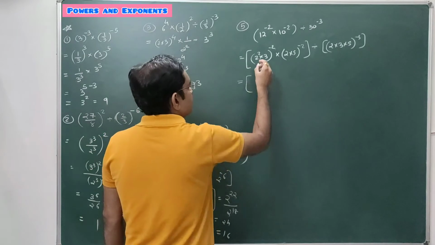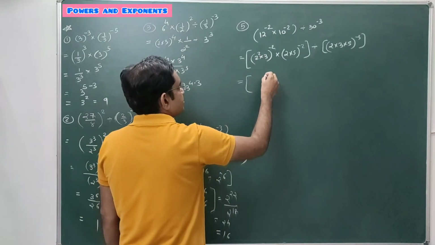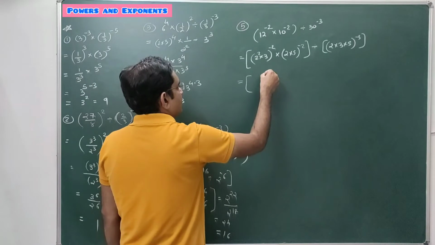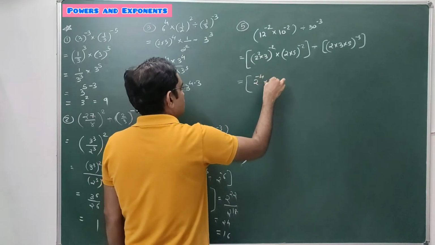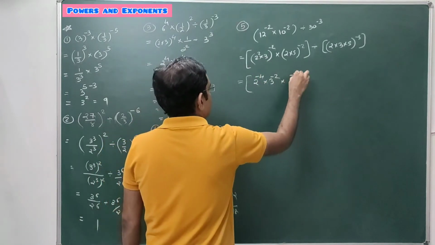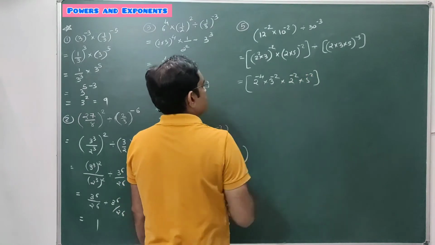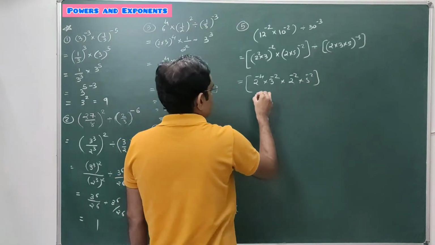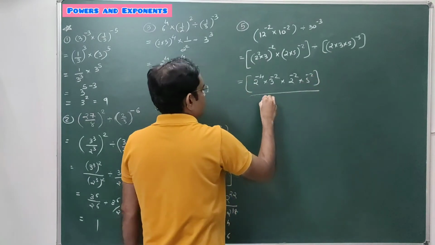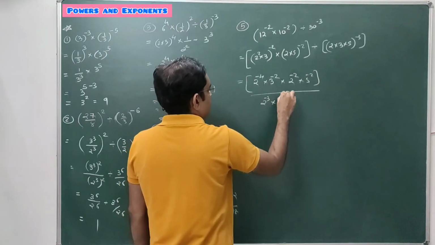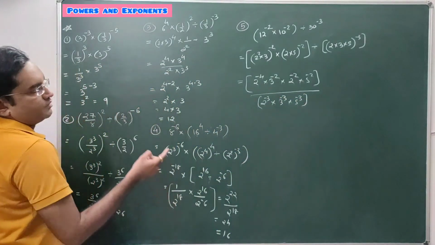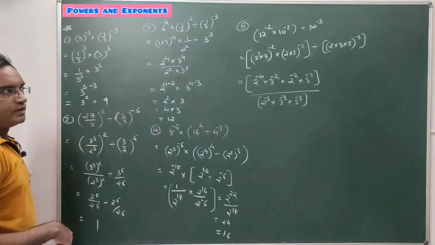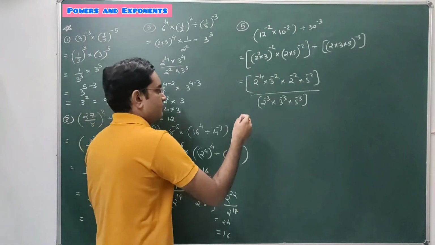So powers are 2 raised to minus 4, 3 raised to minus 2, 2 raised to minus 2, 5 raised to minus 2, divided by, division में 2 raised to minus 3, 3 raised to minus 3, 5 raised to minus 3. डिनोमिनेटर में लो तो भी हो जाएगा. पॉजिटिव करो उसके बाद मल्टीप्लाई करो. कर ही दो मल्टीप्लाई. Done. डिनोमिनेटर को न्यूमरेटर में ले जाओ, पॉजिटिव हो जाएगा. न्यूमरेटर को डिनोमिनेटर में लाओ, वो सब terms पॉजिटिव हो जाएंगे.